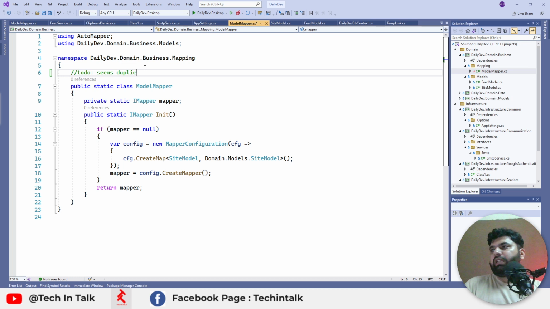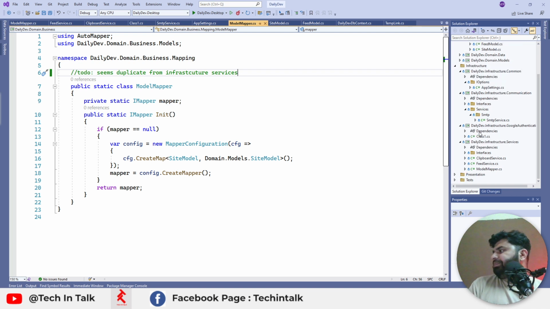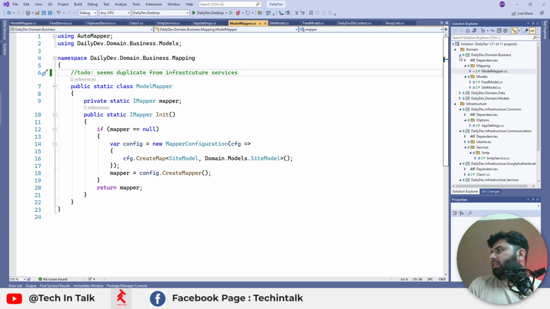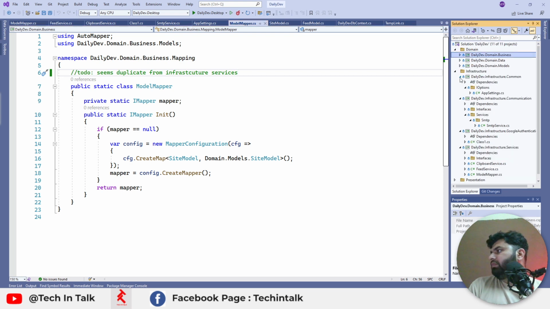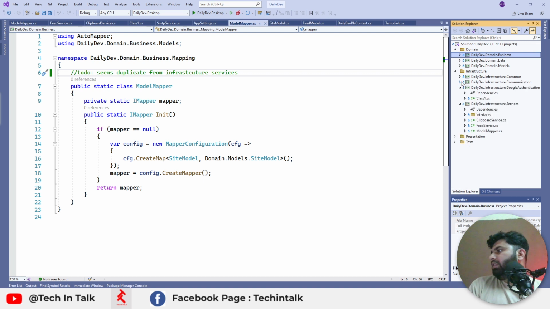Same duplicate from infrastructure services. All right, so let's keep that one. And yeah, so that was all from that layer, the infrastructure layer,